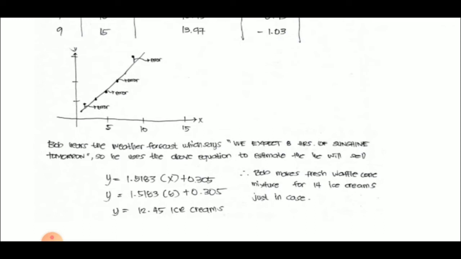So if it is true that tomorrow there will be 8 hours of sunshine, Bob can sell 12.45 ice creams. So Bob made a fresh waffle cone mixture for 14 ice creams, just in case,